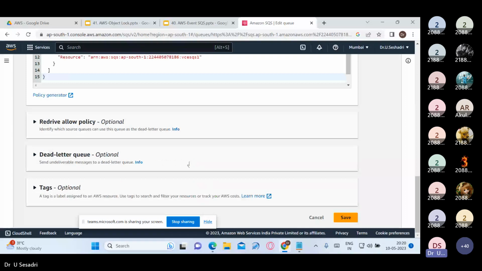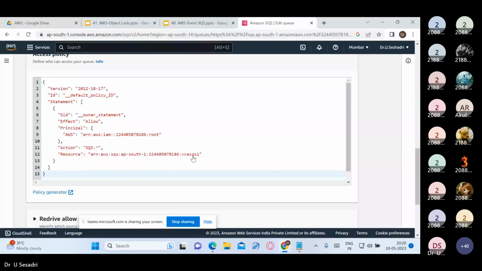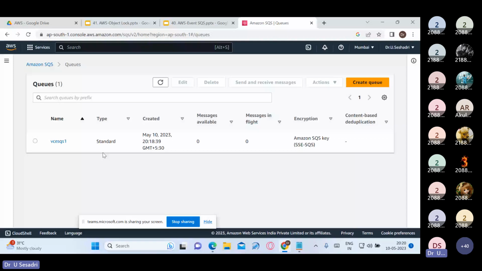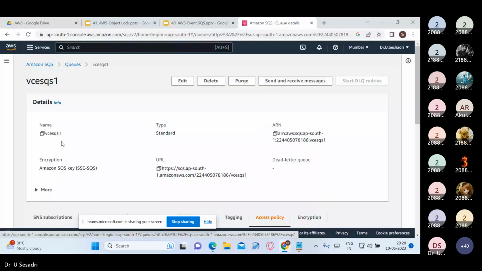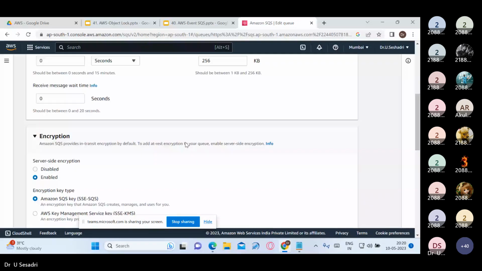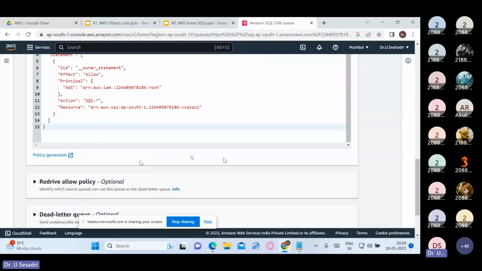Go to the queues. You are creating the queue, you are creating SQS. We are created. Open this one. Click on the edit option here, scroll down, here access policy is there,